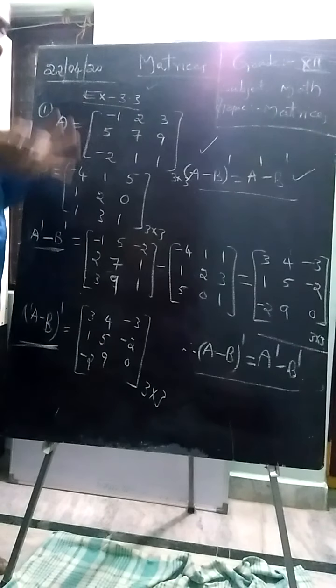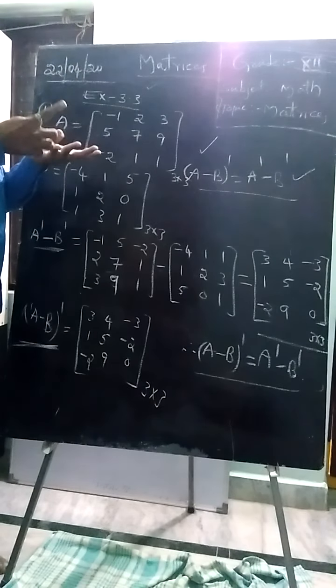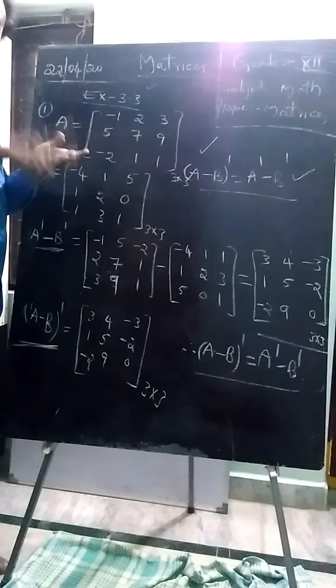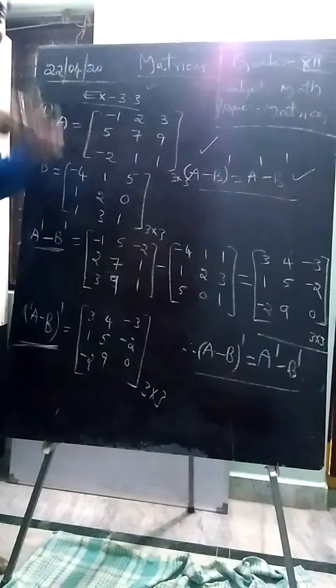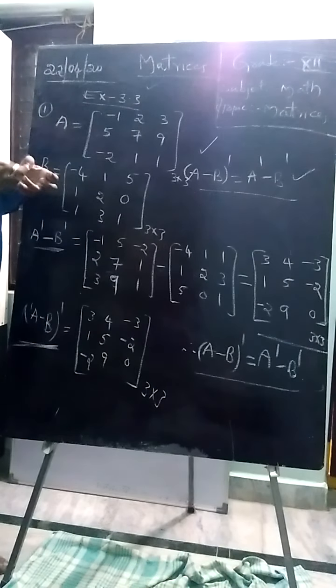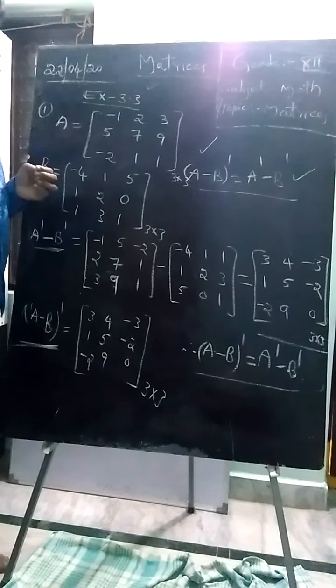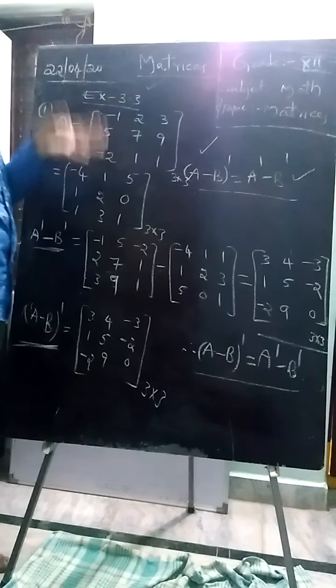So, till this problem you all learned about transpose of a matrix, and some applications and properties of transpose of a matrix, symmetric matrix, skew symmetric matrix, and how to write a given matrix as a symmetric matrix or skew symmetric matrix, and how to write a given matrix as the sum of its symmetric and skew symmetric forms.